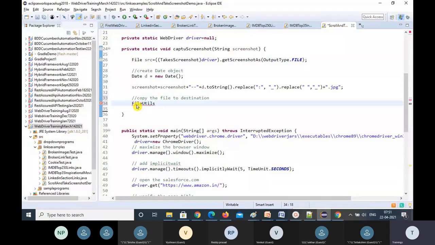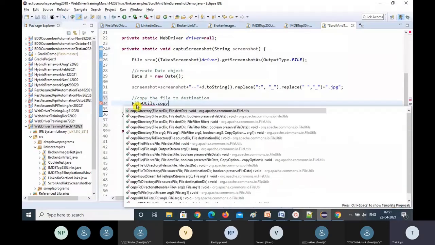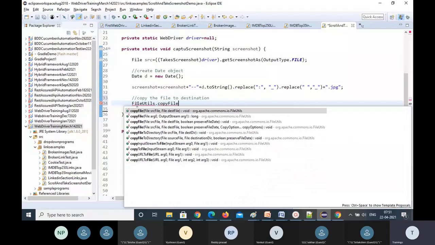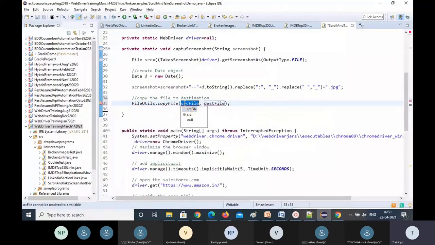This class comes from the executable jar file we just added. FileUtils.copyFile method takes a source file and a destination file. The source is src, which we already have.